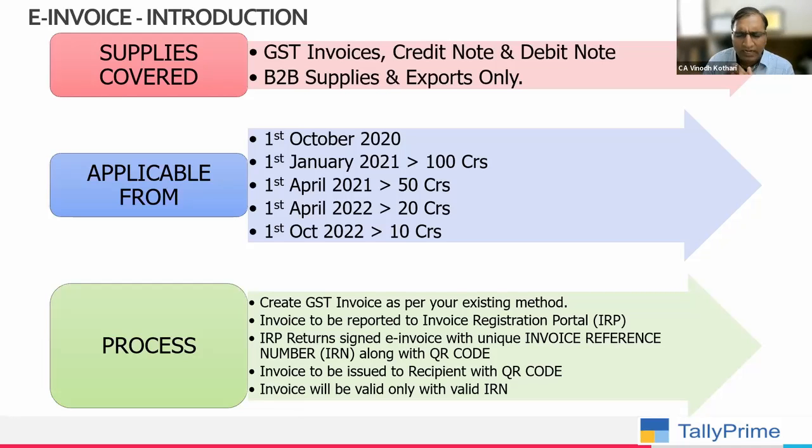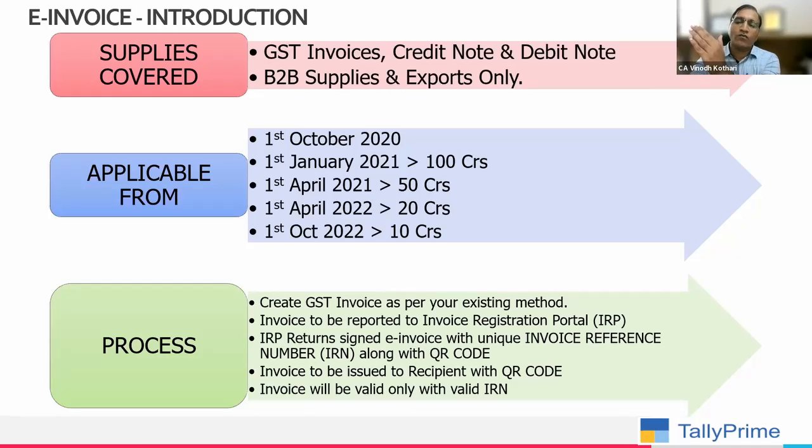In detail, I will not go into that. For example, the invoice number should be a maximum of 16 digits. The date should be in this format. The supplier name should be a maximum of this many characters. The address should be a maximum of this many characters. So these kinds of field restrictions are there. You have to take care of the field restrictions in case you are uploading the data and it is getting rejected. Just check what is the reason. Maybe the field restriction may be giving a trouble. So you generate an invoice, create a login in the invoice registration portal, upload the data.